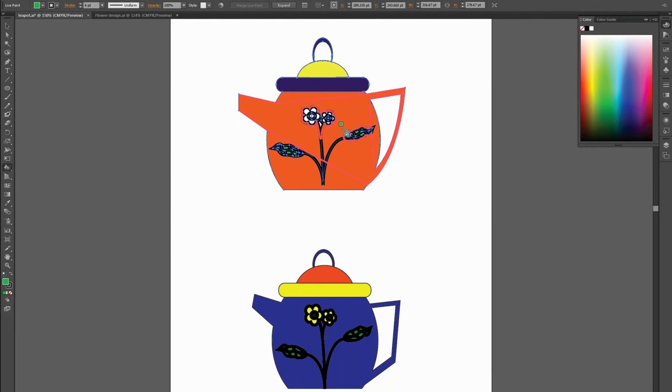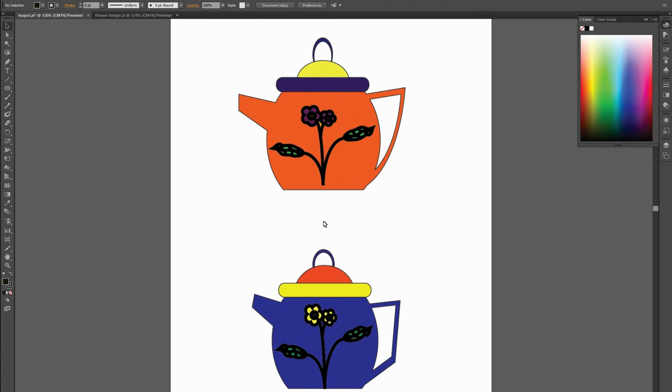Oh, forgot a little bit of orange in the center of that flower there. Close enough. And let's make these flowers a different color, purple. So there we go. So by using that shape builder tool, we're able to build a semi-complex shape in under